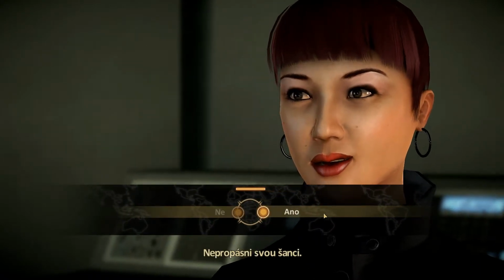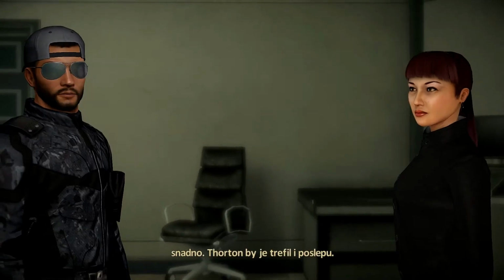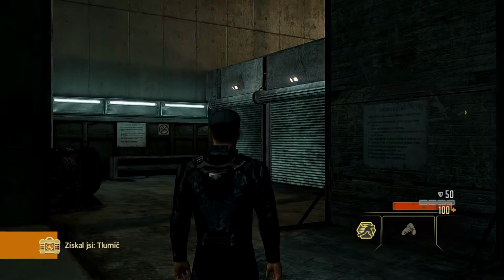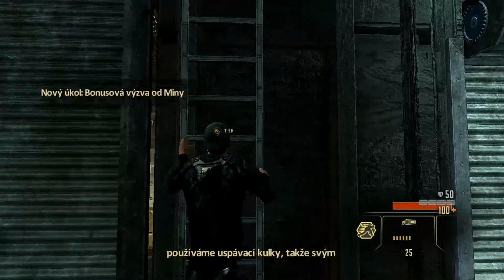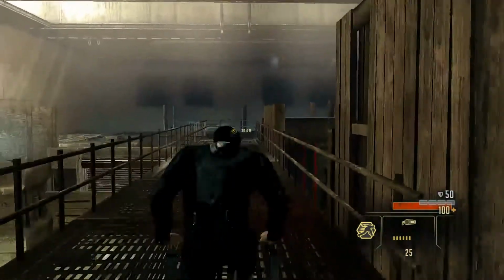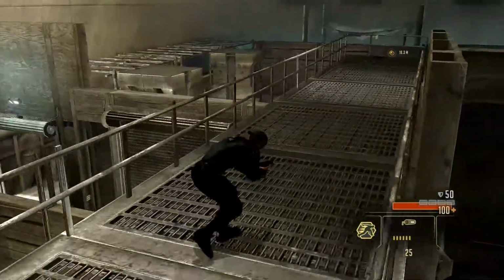Sure, sounds good. Any preference on weapon? These targets are pretty easy for someone to hit. Thornton could have aced this thing blind. Give me the gun. Let's start with the pistol again. Don't worry. We're using tranquilizer rounds, so you won't be doing any lasting harm to your targets. Besides, turnabout is fair play. They drugged you, so...